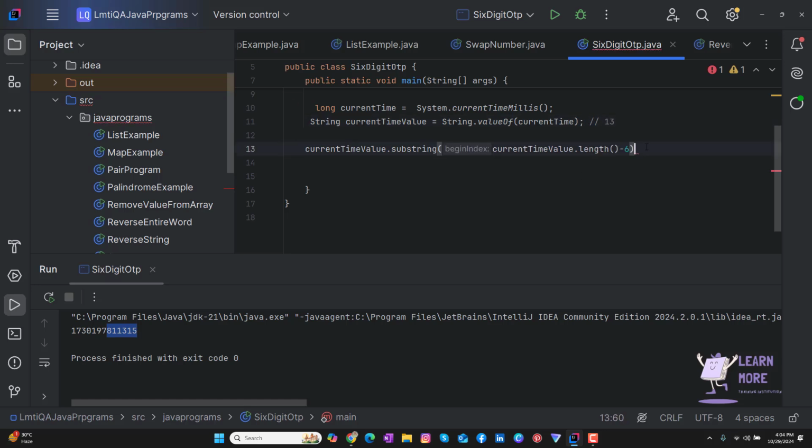Okay, and from this I'm going to subtract 6. The length will obviously be 13, and 13 minus 6 gives 7. So the substring value will be 7, which means it will start from the seventh index: 0, 1, 2, 3, 4, 5, 6, 7. So it will get the last six digits because the beginning index is 7, right? Then the output will be